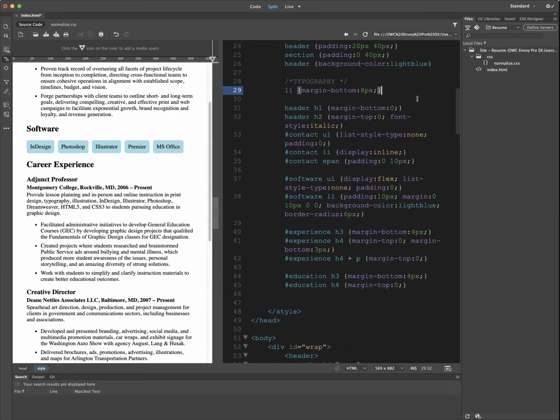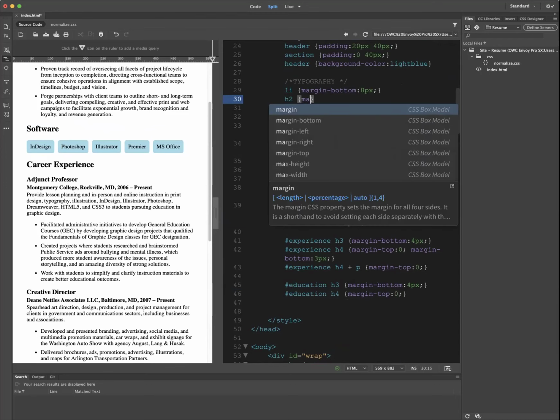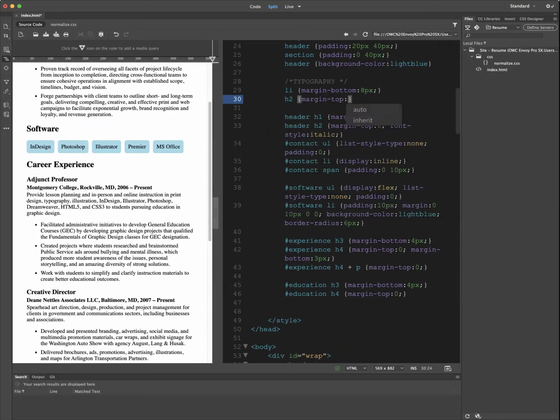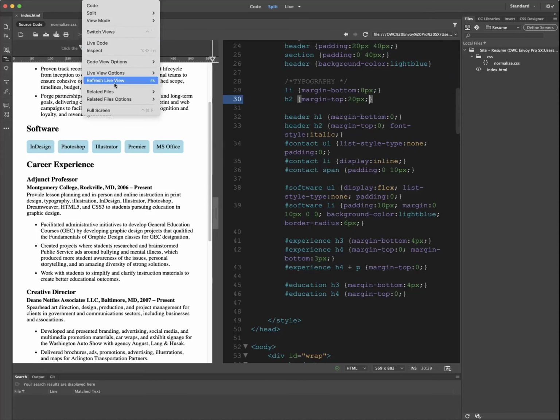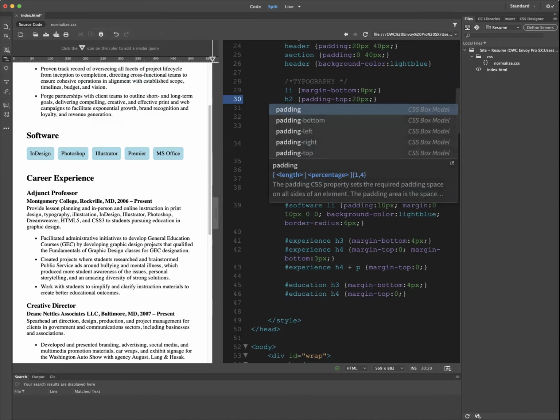So H2, H2, margin top, 20 pixels. Fresh live view. Okay. How about padding top? Okay. So the margin doesn't work because, in fact, what happens,